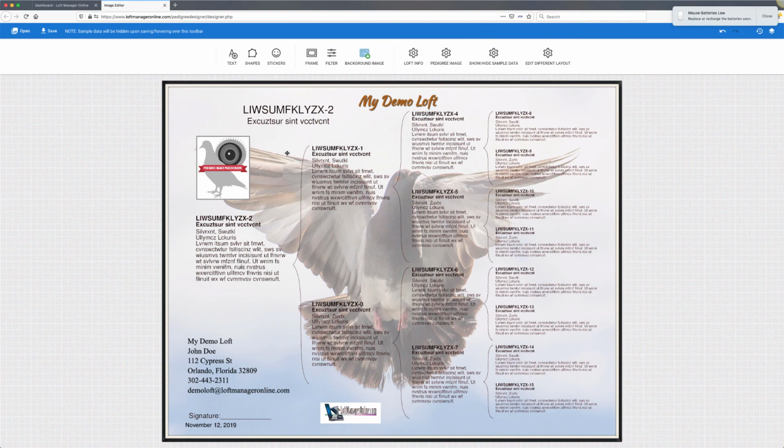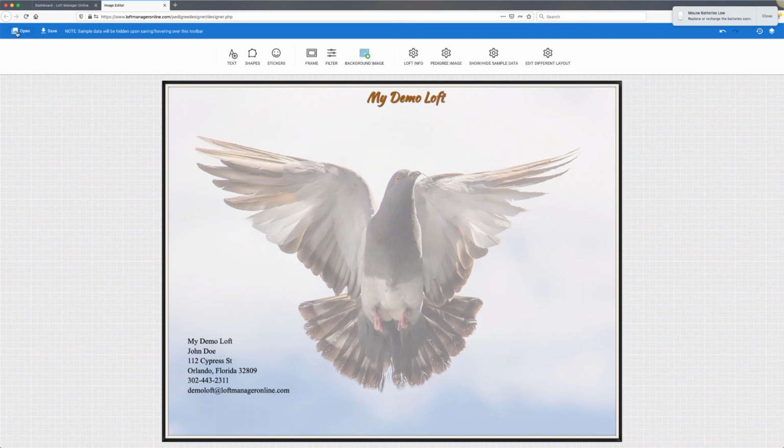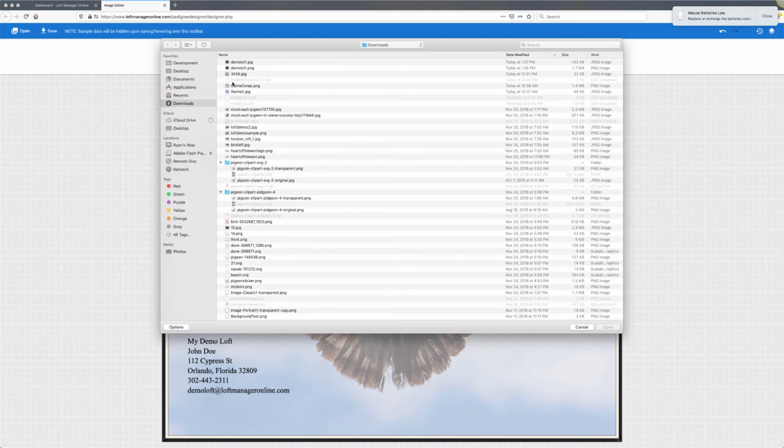So if you want to add your own logo, you don't have to use the text here. You can import or add pictures of a bird. If you have a picture of a bird that you like to use, or you want to swap your loft name out with a logo, top left hand corner, if you go to open, click on overlay image, you can now import an image. So for example, I've got a sample logo here for John Boyle's Heart of the West